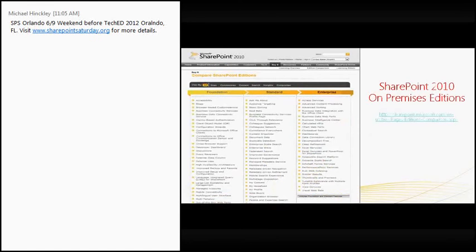One of the things as we move along with SharePoint Online, and we'll go over this in a moment, is that there are many services available and there are few things that are not available. So one of the first steps I would take whenever getting into a SharePoint discussion, whether or not their goal is to go straight online, is to make sure that you know where your deltas are.